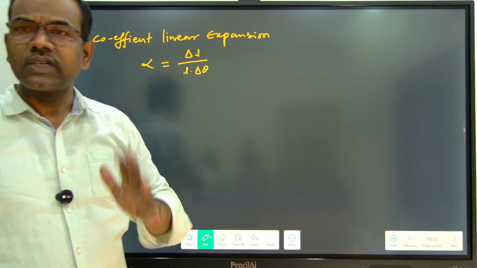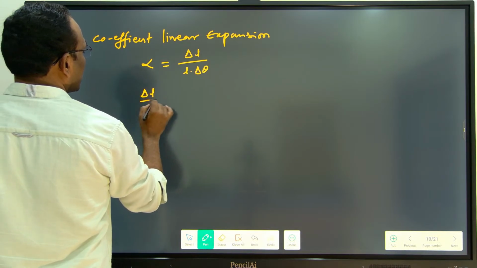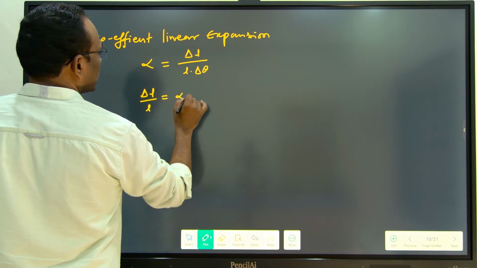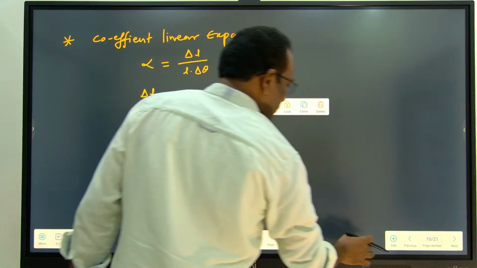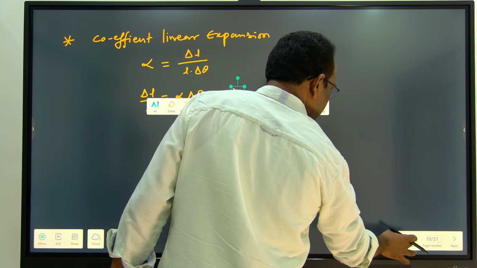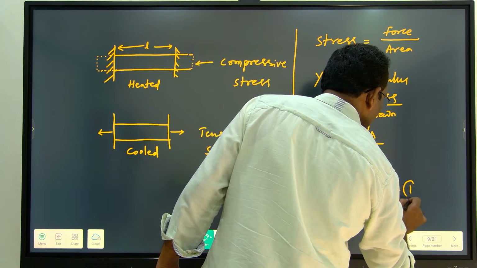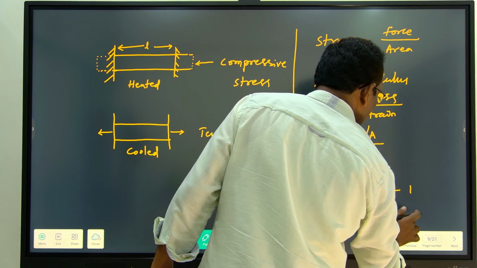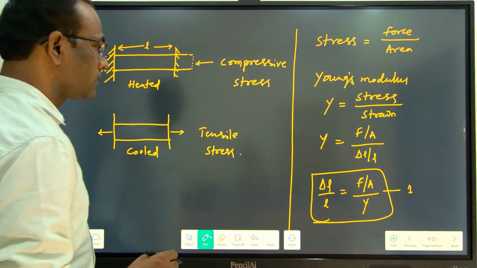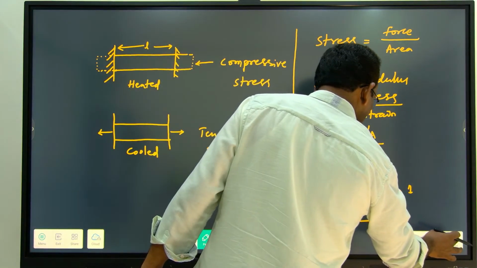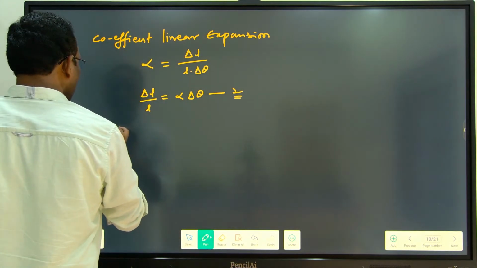Same, you can take now. Yes, now use the same formula. Then write down delta L by L equal to alpha into delta theta. Take this as equation number 2. And the earlier one is equation number 1. So from equation 1 and 2,